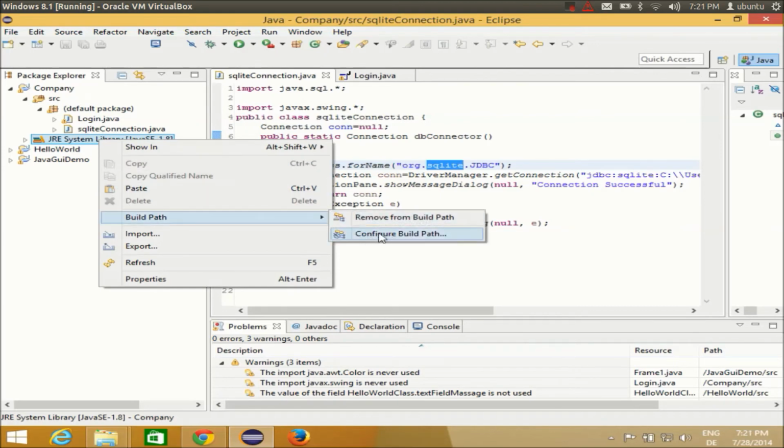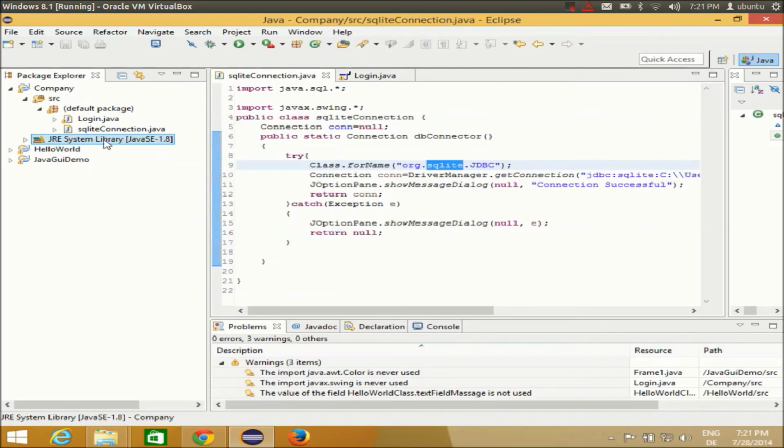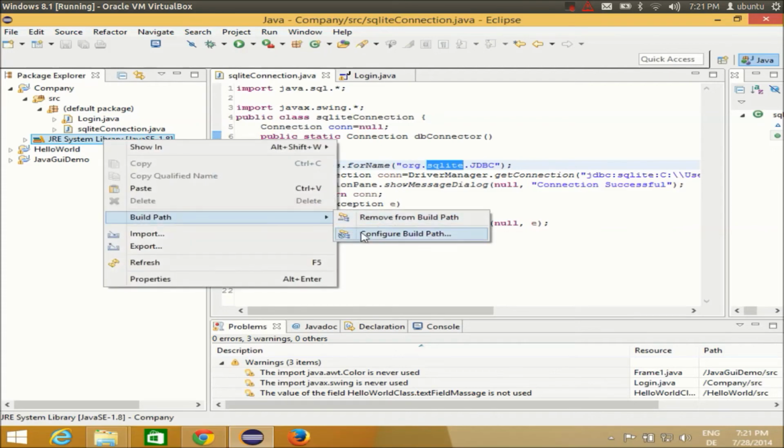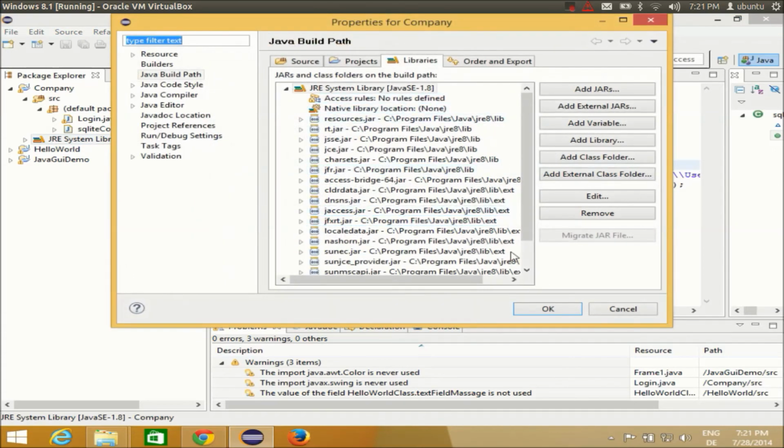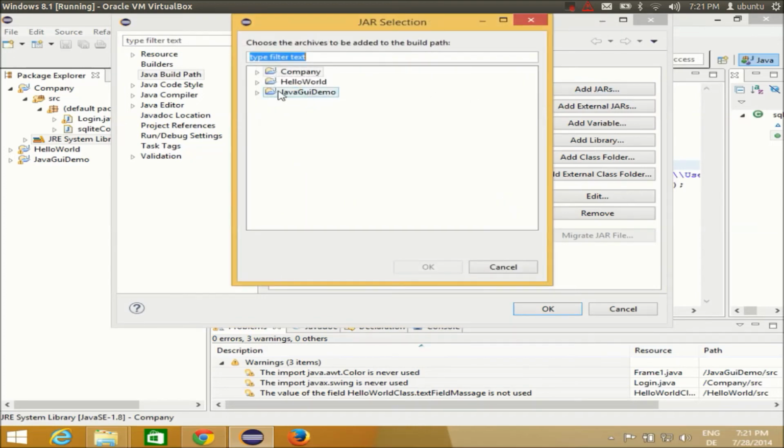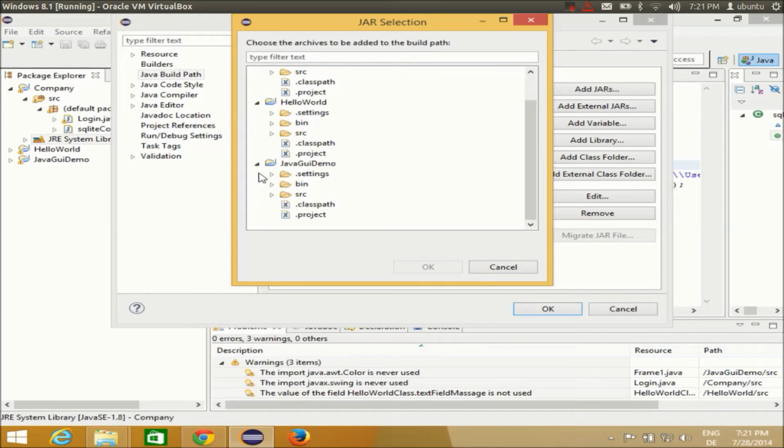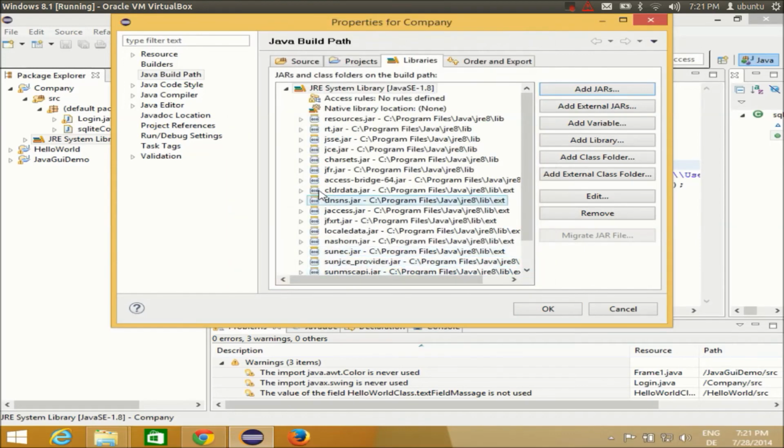build path go to configure build path. Once again, go to this JRE system library, right click, build path, configure build path, and in here you can add these jar files in your libraries. To add those Sqlite jar files, just click this add jar button, and then you can browse for your jar files. I think in here there is no jar file. So what I need to do is, first of all, I